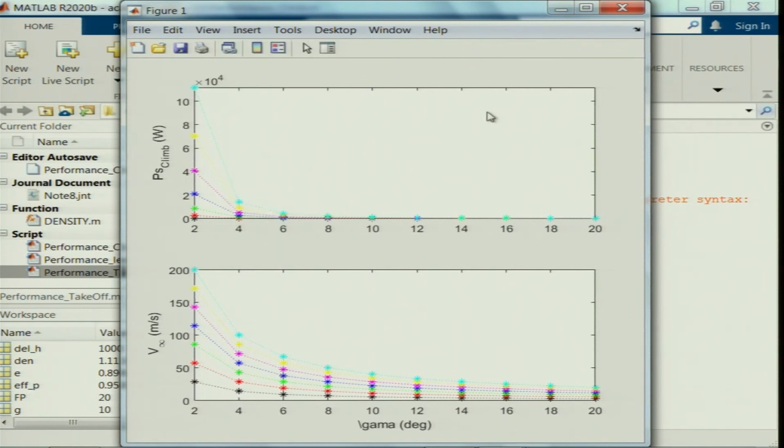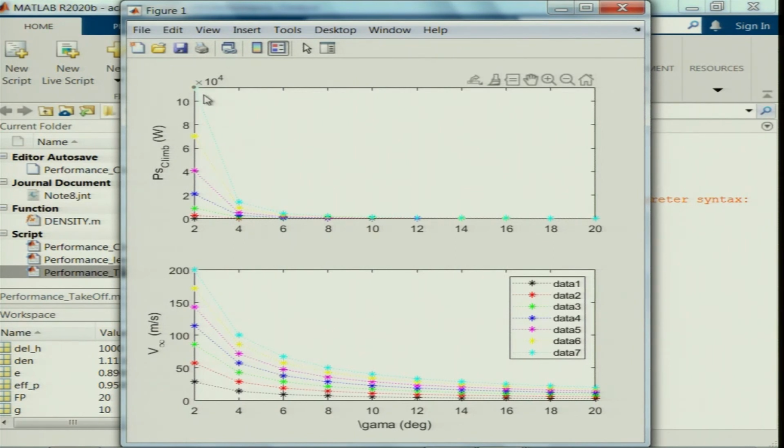So, legend, we can insert legend. Yeah, legend has come. So, the black one corresponds to rate of climb 1. So, the red plot corresponds to rate of climb 2, right, and then the 7th one corresponds to rate of climb 7 meters per second.